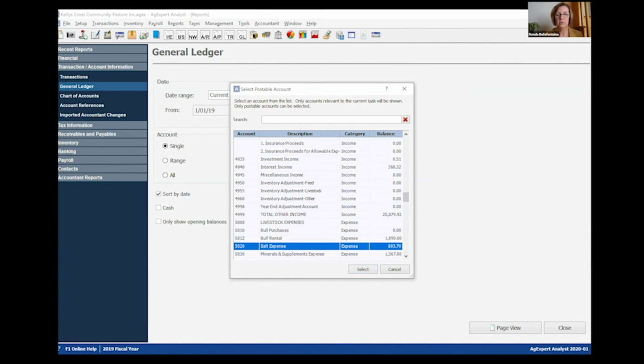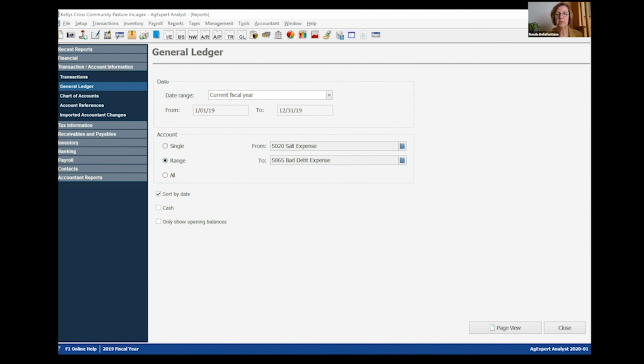Actually, I'll start with salt expense. And I'll do a range of them so you can see them. So I'm going to go, bad debt is the last one in the list. I'm looking at the period of the current 2019, and I am sorting those in date order. So the report that comes up on your screen is showing you all of the detail for each of the